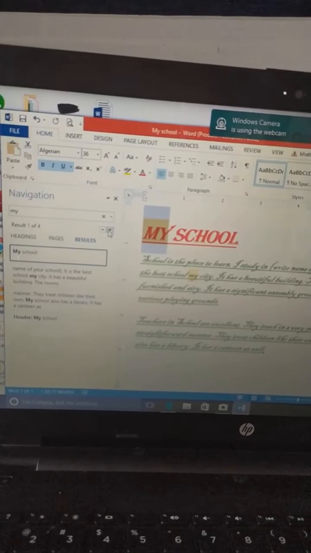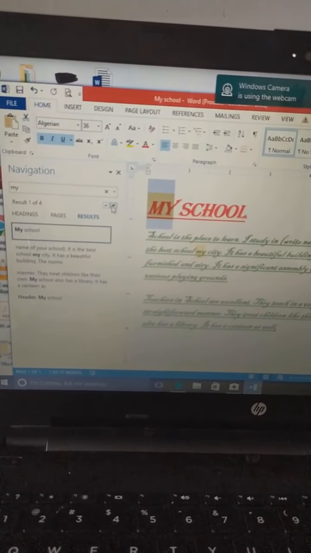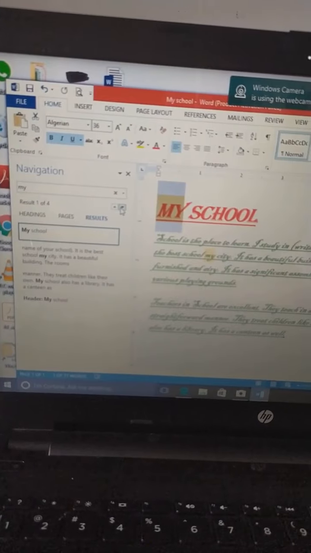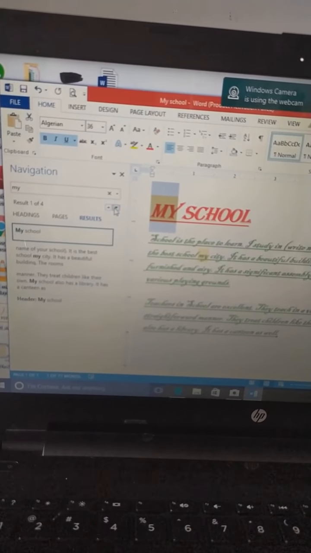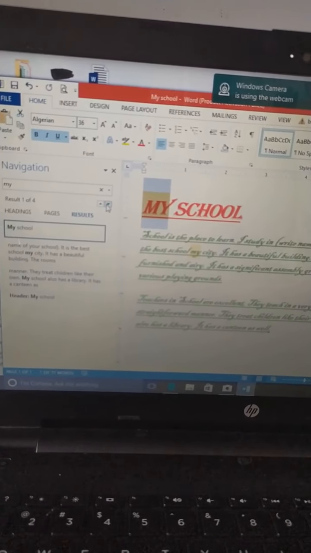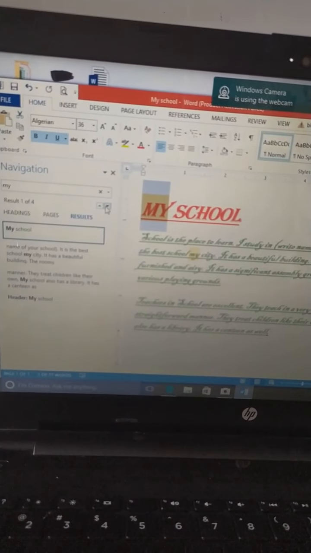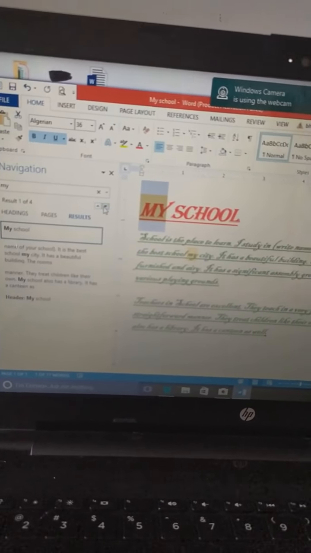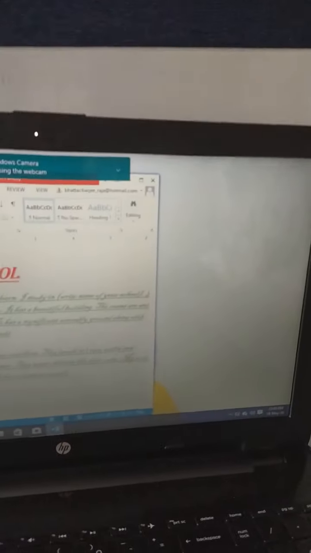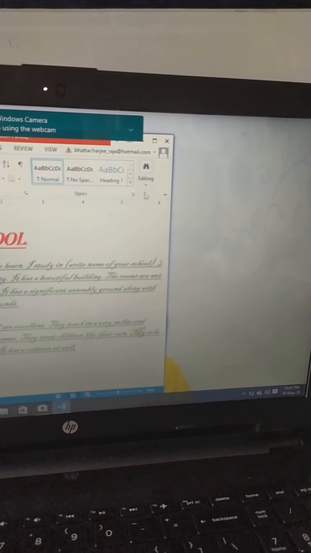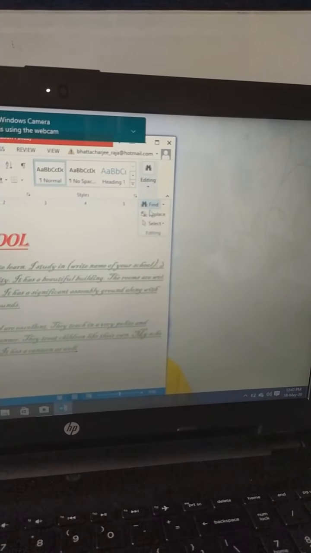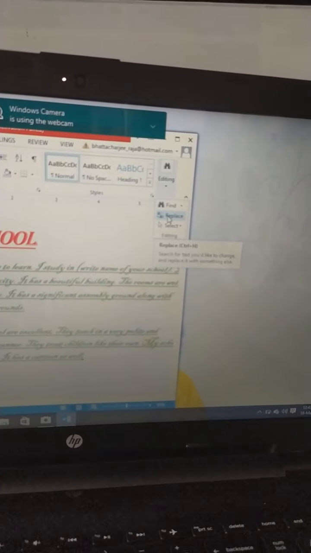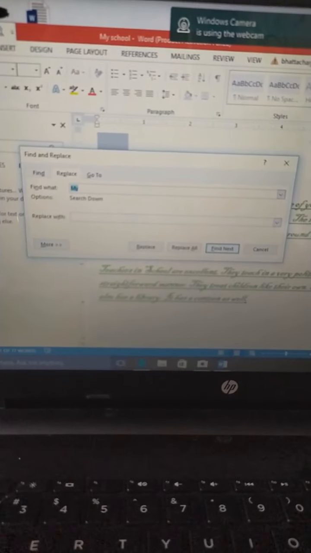Now, how to use the replace button? Suppose we want to replace this word my with the word I, maybe, or our, maybe our. What we will do? Again go to the home tab, editing group, click on the arrow, replace option is there. Click replace. See, this window will come.